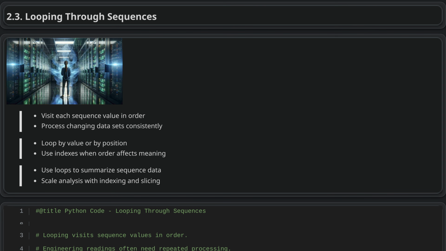Looping through sequences. Looping through a sequence means visiting each value in order, so you can inspect it, change it, or use it in a calculation. This is especially useful for ordered data like lists and tuples, where each item may matter in context. Iteration handles the whole sequence automatically, making it practical for large or changing datasets, such as sensor readings or engineering